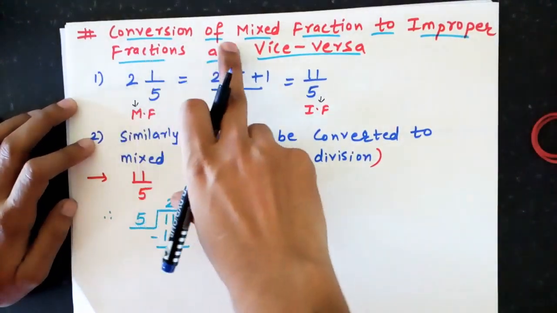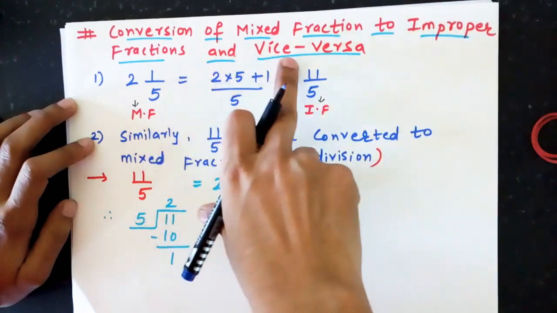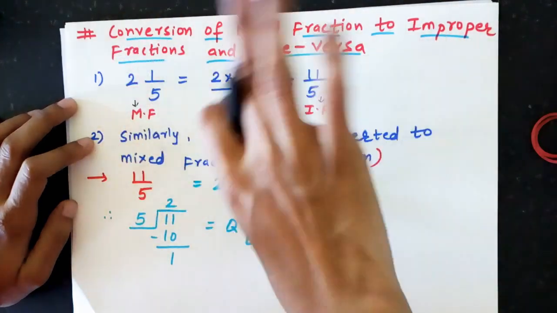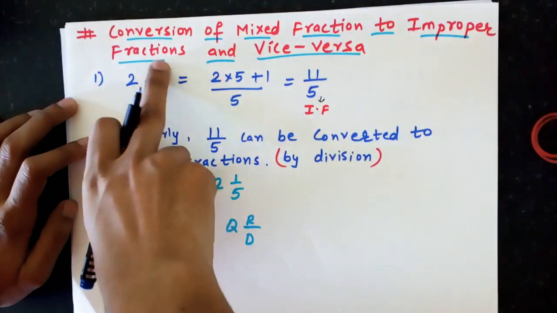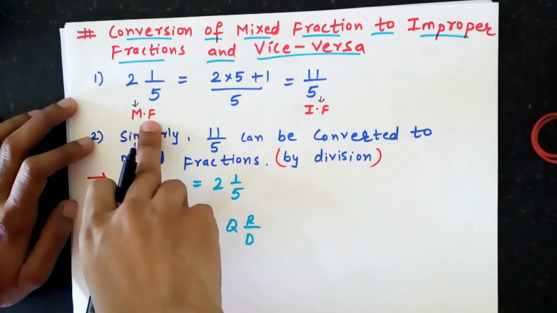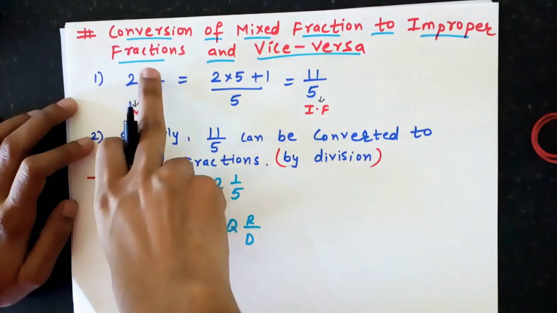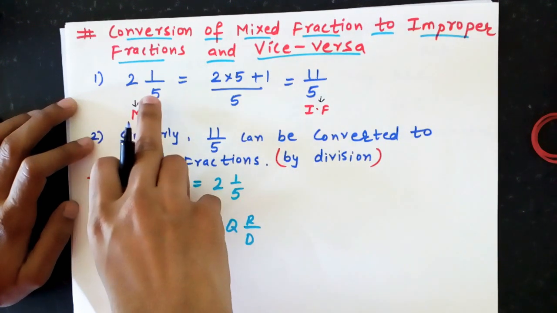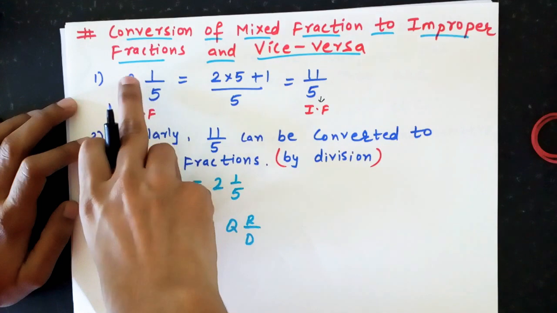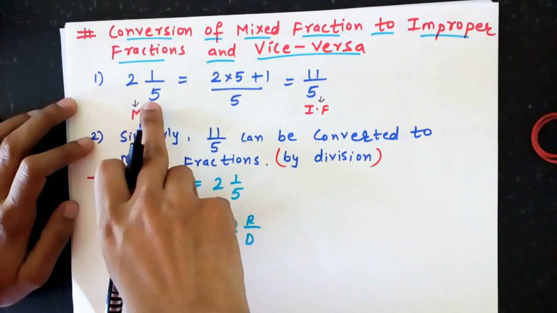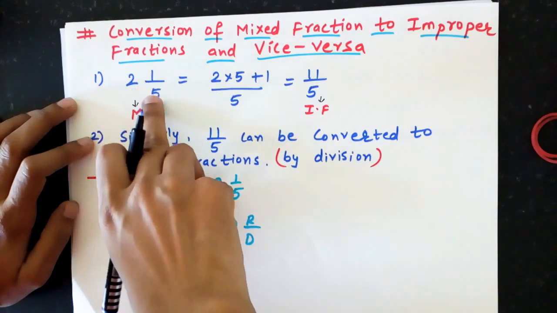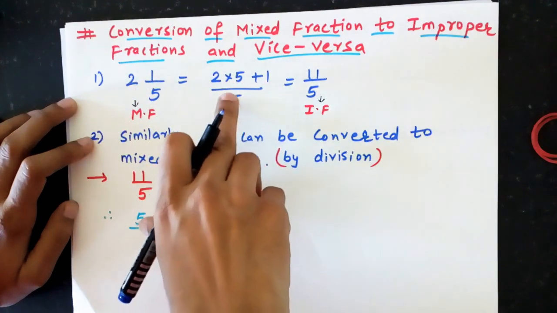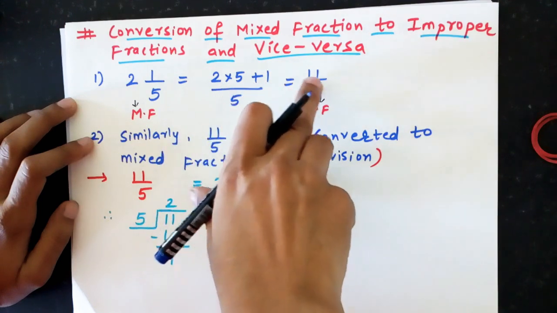Now, conversion of a mixed fraction to an improper fraction and vice versa. You can convert in both ways. First, I have taken a mixed fraction, 2 integer 1 upon 5. Now we will convert this into an improper fraction. 5 2s are 10, and plus 1. This way we need to convert it: 5 multiplied by 2 plus 1, and then whole upon 5. So it will be 5 2s are 10, plus 1, 11 upon 5.